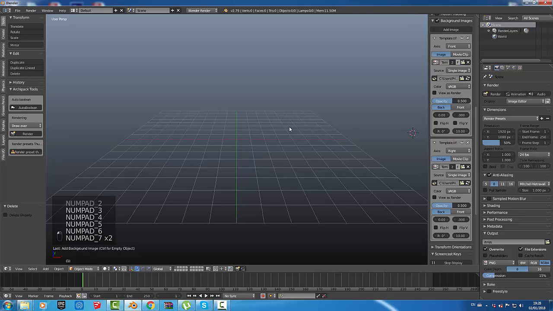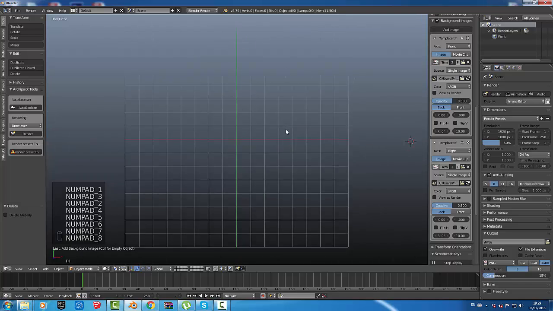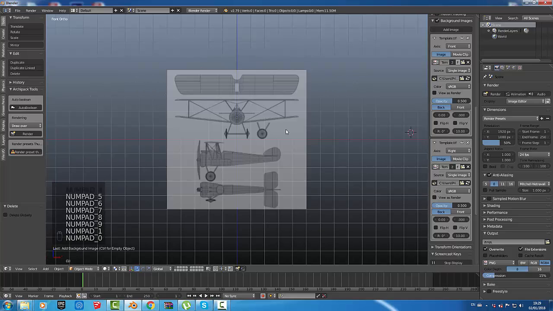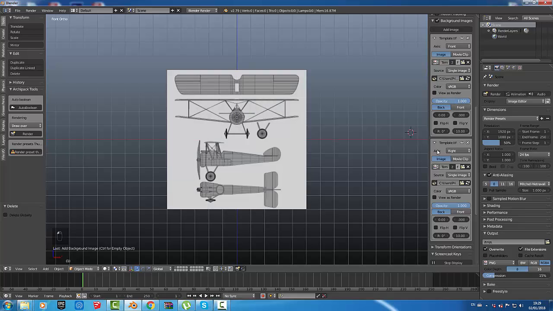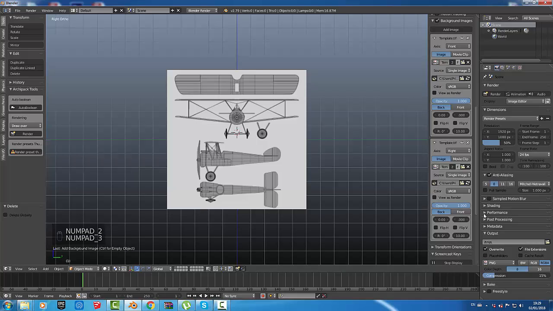No, okay, so for some reason it's not displaying my views. Okay, so just bring the opacity up, and that's the front ortho view, so just brighten that up. And that's fine as well. Okay,